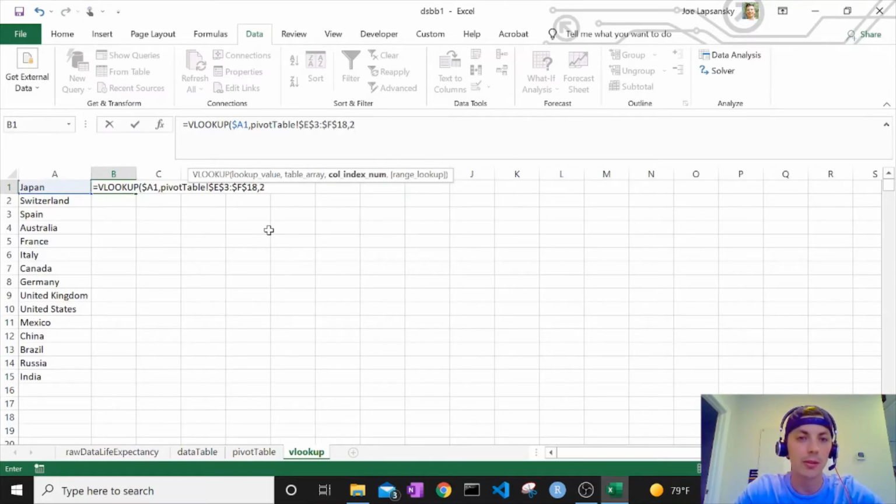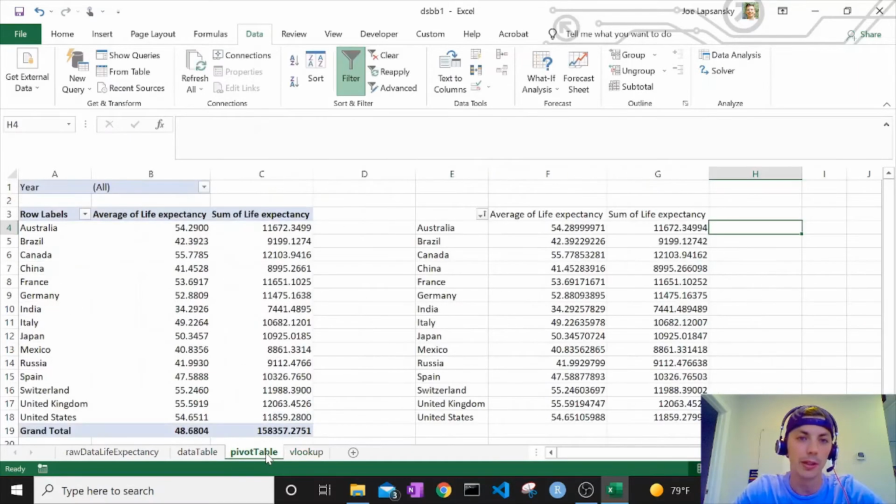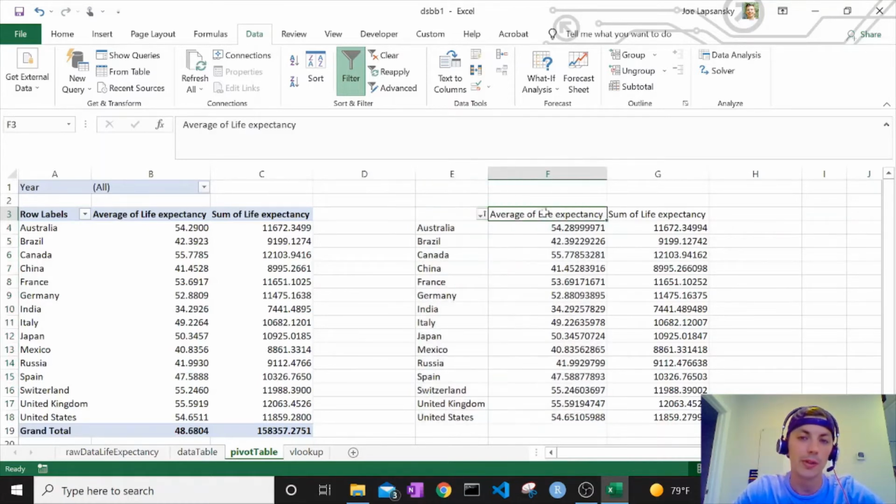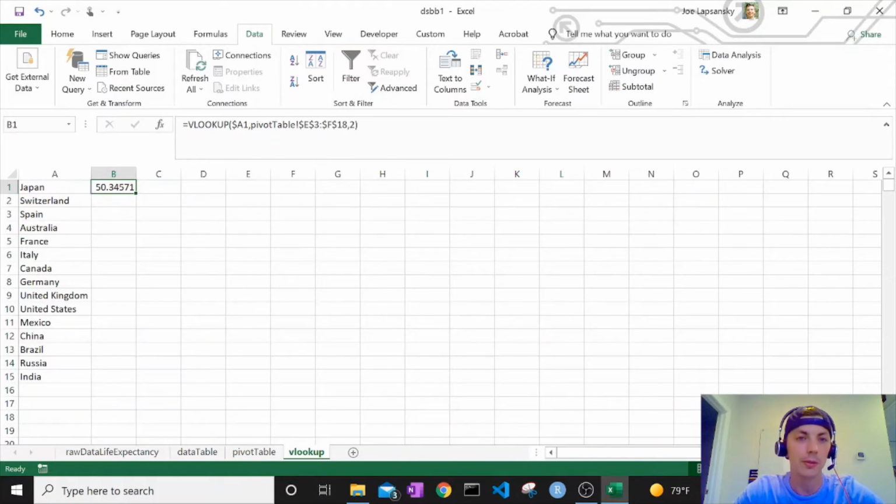Our index number is 2 because on the pivot table here we care about the second column in the array we selected. Right? We selected E and F, so we're looking up in column E, and then it's the second column of that array. E is 1, F is 2, that we actually want it to return, the average life expectancy. So if I go back here, this already completed the formula, but we're not quite done yet, so I will